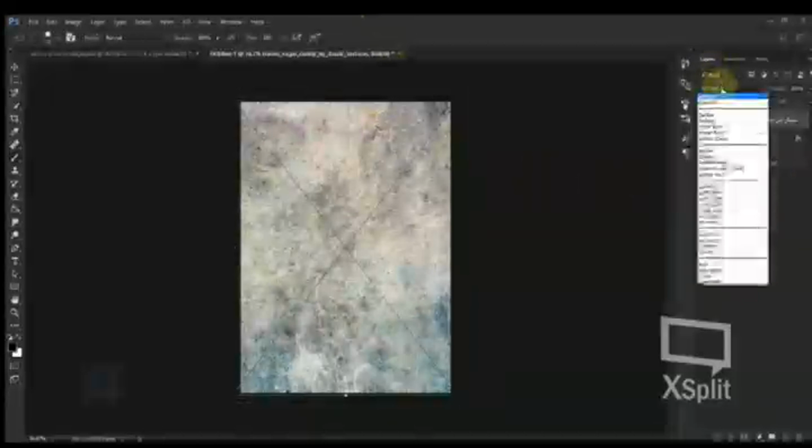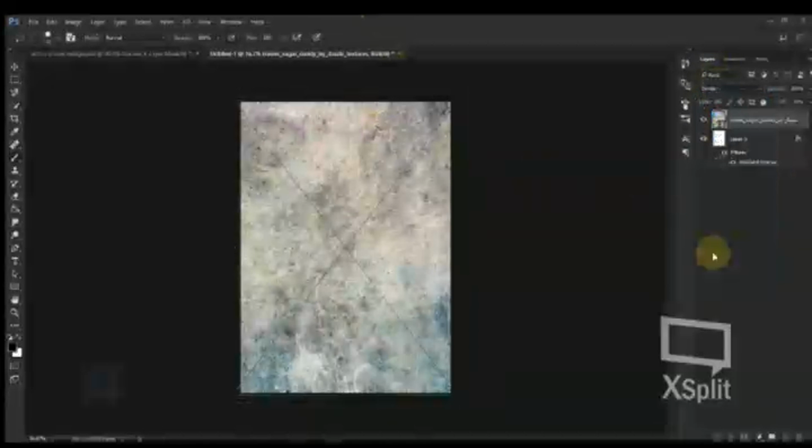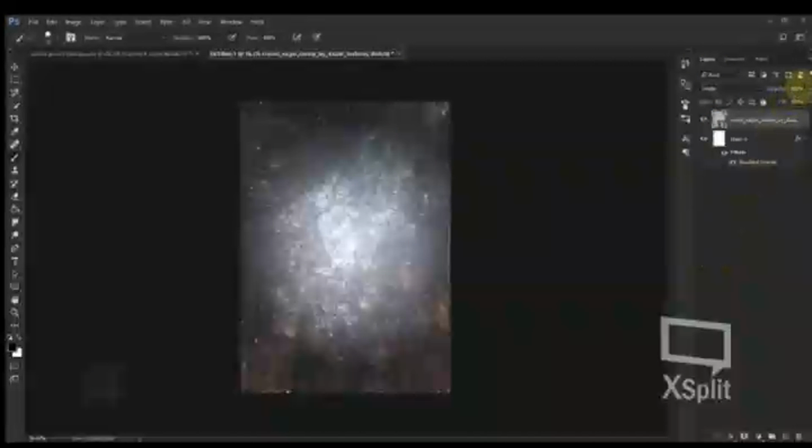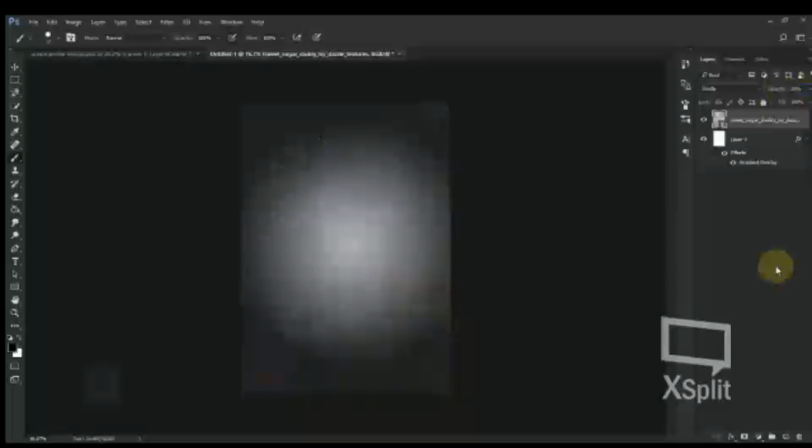After that, go to your blending options and select divide. Now it's really strong, so in the opacity I'll lower it to 20%. Looking pretty good, and now we can add the model, but this time we will open it in new